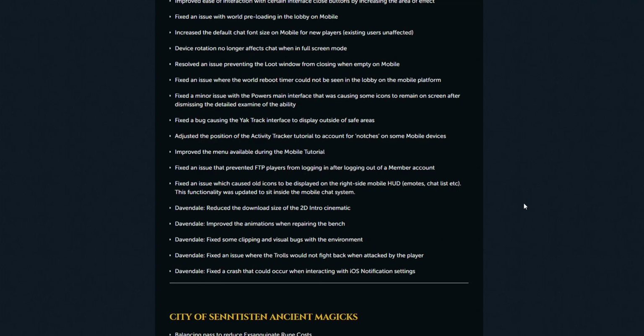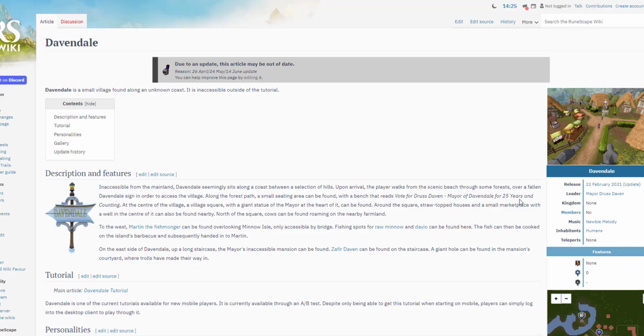Davendale reduced the download size of the 2D intro cinematic. Davendale improved the animations when repairing the bench, fixed some clipping and visual bugs with the environment, fixed an issue where trolls would not fight back when attacked by the player, and fixed a crash that could occur when interacting with iOS notification setting. I was wondering what Davendale was, and I asked this in one of the last videos,